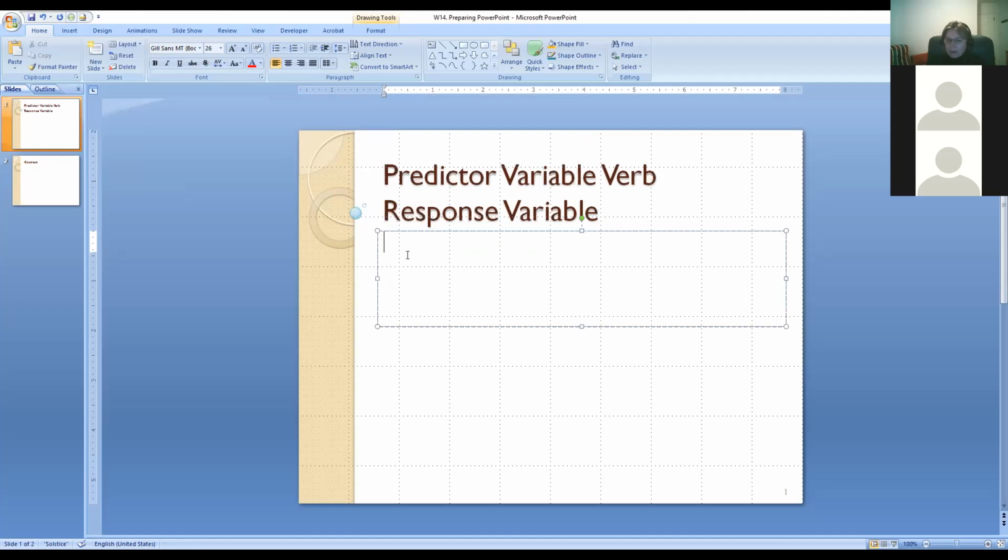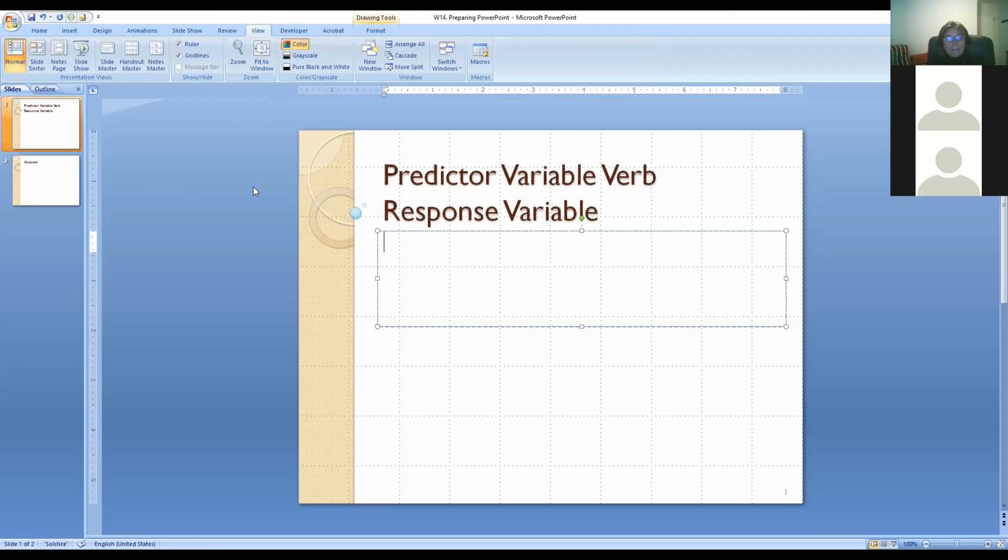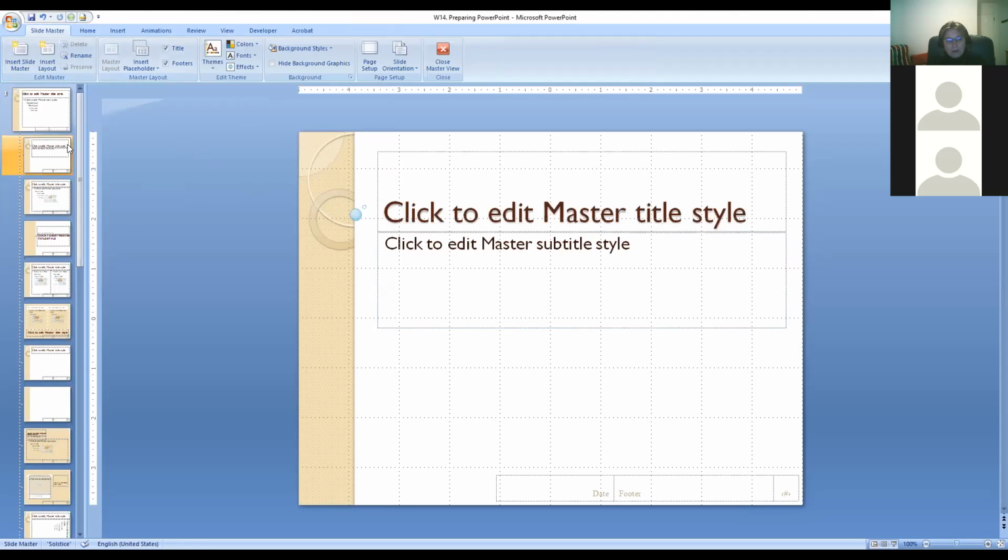So one of the things that, as you can see here, I don't know if you can see it big enough, there are numbers on the slides, but they're not in the position where they are in the text. Again, that's okay because it's PowerPoint. But if you want, you can go to a menu called View, right? And here you can do changes that will affect the entire presentation. To do that, you have to go to the Slide Master. So if I click on that, you can get all the potential layouts for the slides, and if you change it on the Slide Master, then it will change everywhere.